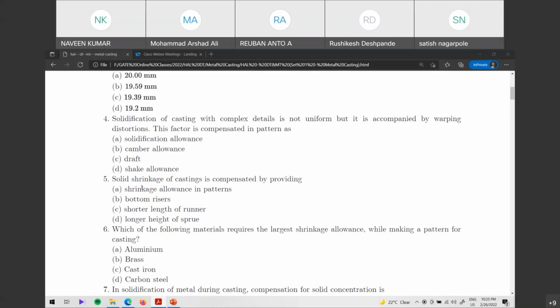Okay. So solid shrinkage of casting is compensated by simple, there is no need to think also, simply shrinkage allowances on patterns. And please remember this solid shrinkage